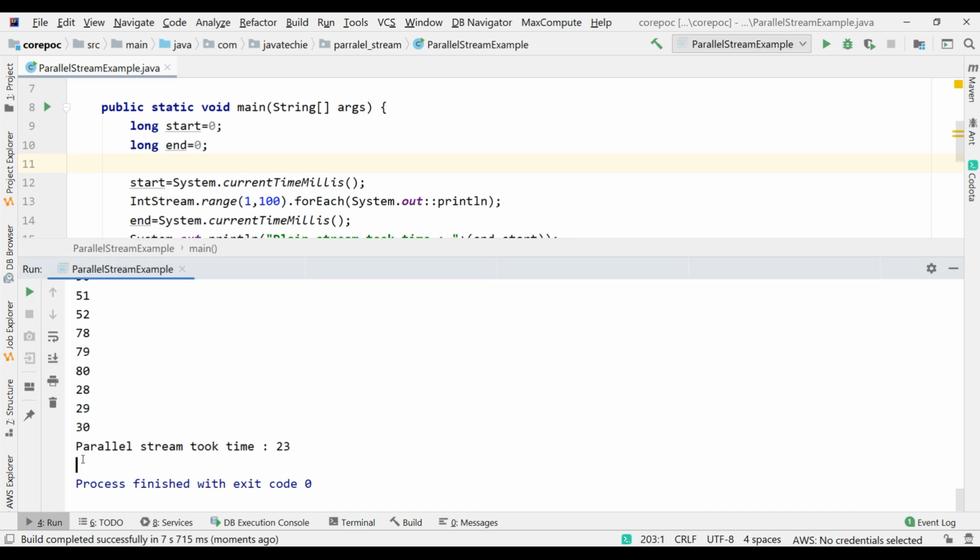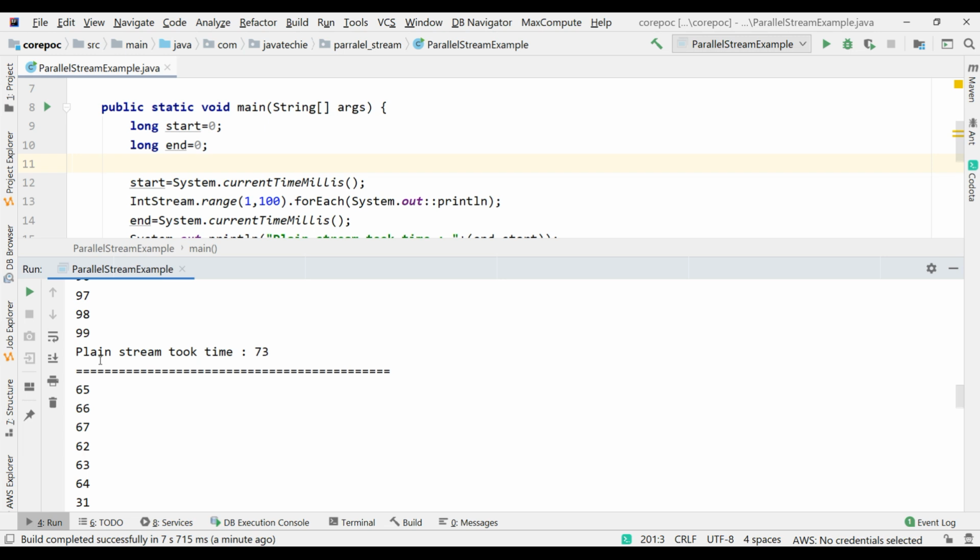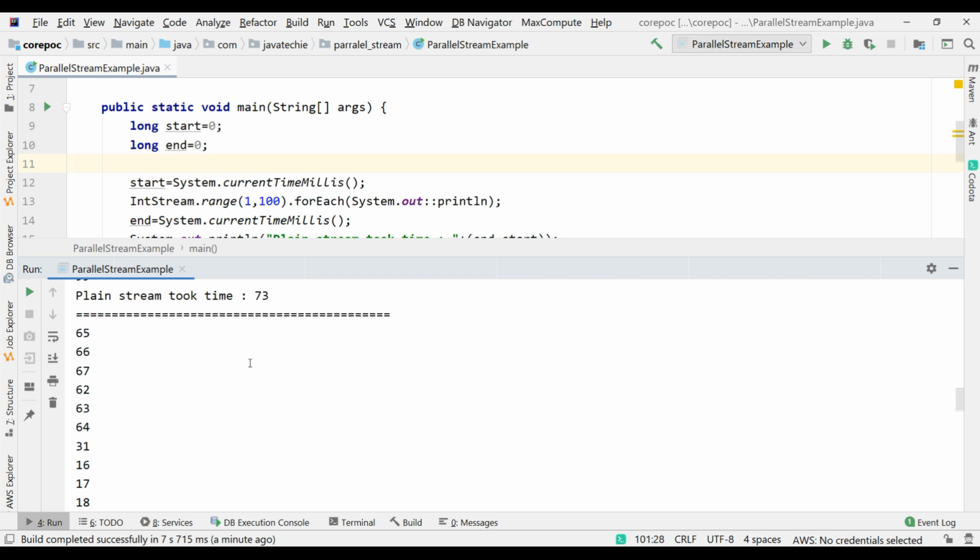Now if you observe here, the parallel stream took 23 milliseconds, right? Now if we go up, the plain stream took 73 milliseconds. So hence it proved that the response will be faster in our parallel stream.